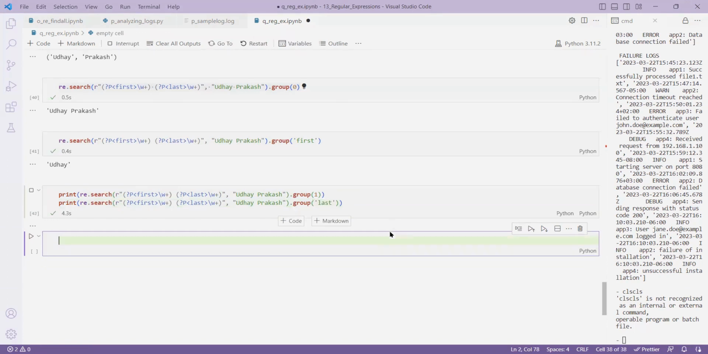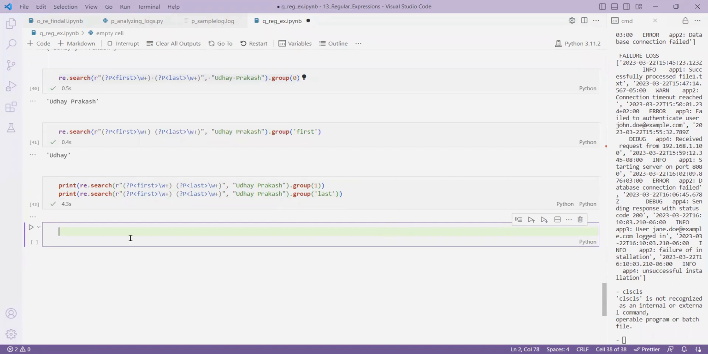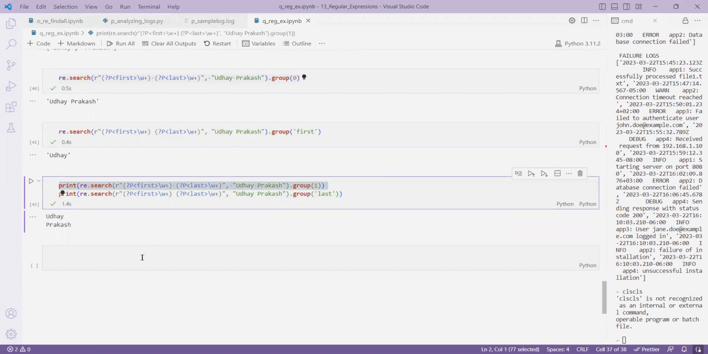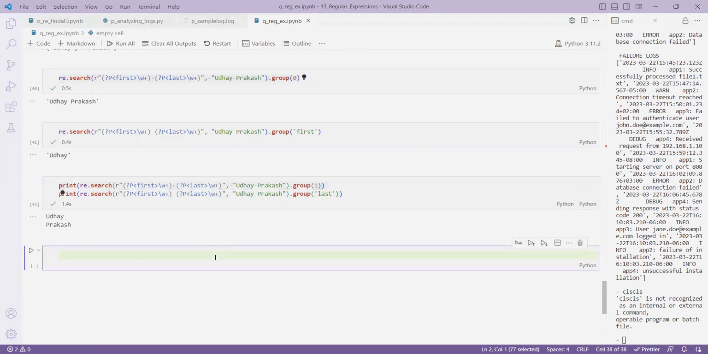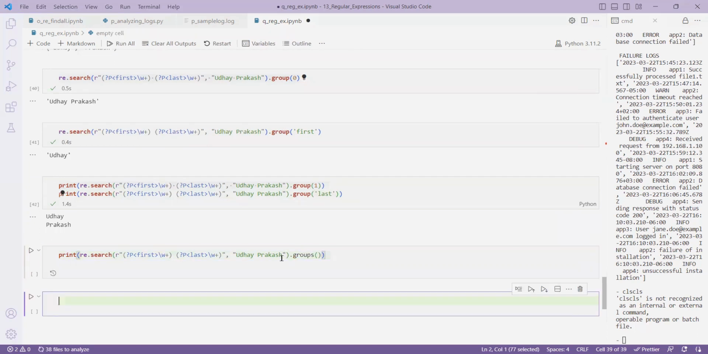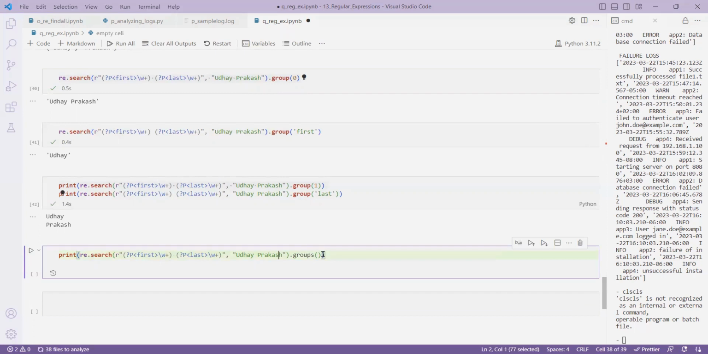One more interesting thing: what will happen if I do groups? If I do groups, I will get both the groups as a tuple, right? So if I say groups instead of values, I will get ordinary values like this. In the same fashion,